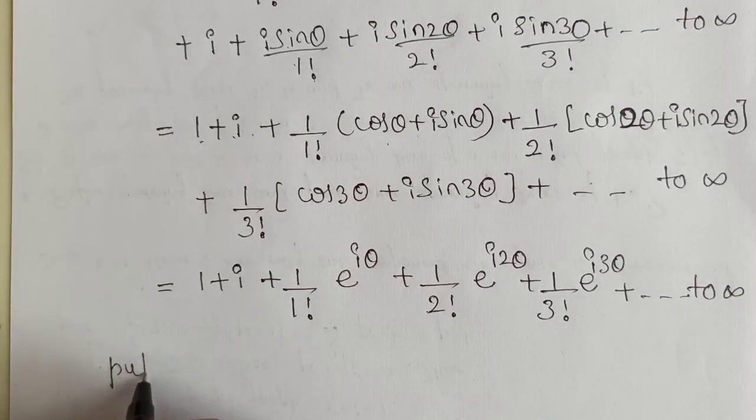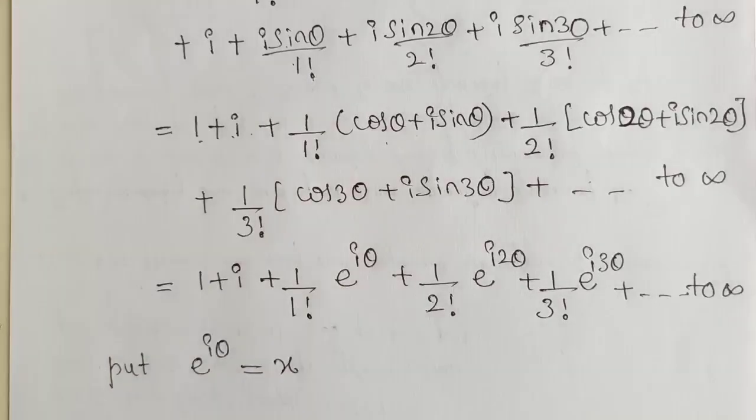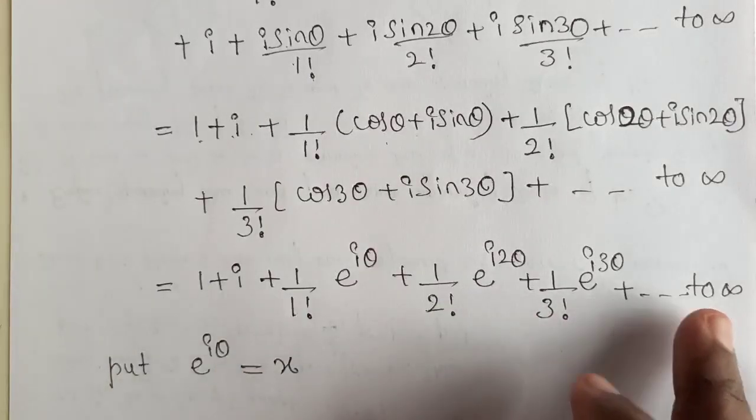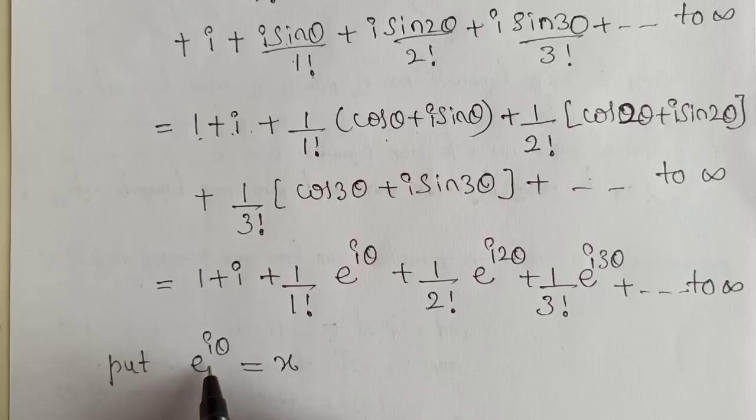that is, put e raised to i theta equals x, because here we cannot apply the sum of the GP formula, therefore we transform this series into an exponential series by substituting e raised to i theta equals x. Let's see. So if you substitute e raised to i theta equals x, then